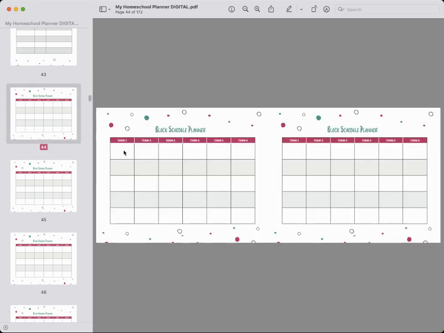So, what subjects are we going to do in each term? Now, I will tell you that I do not do 6 terms in my homeschool year. I really do 2 terms in my homeschool year. And so I'm just going to fill out the first 2 columns of one of these pages, but we've given you